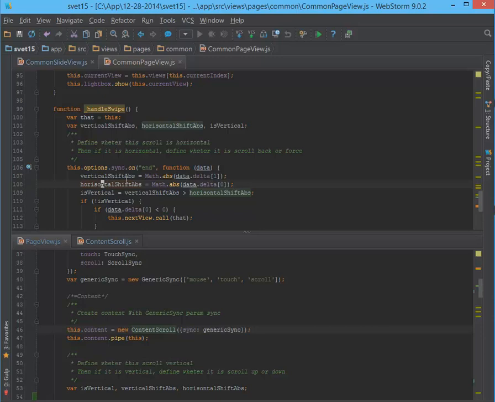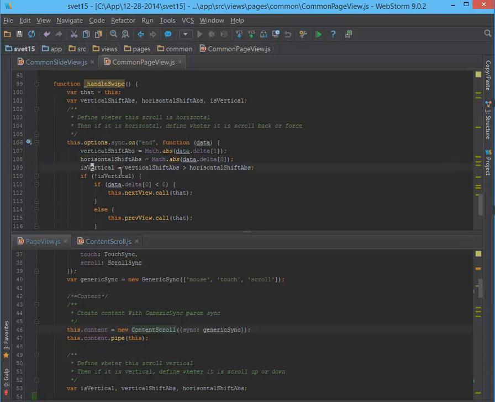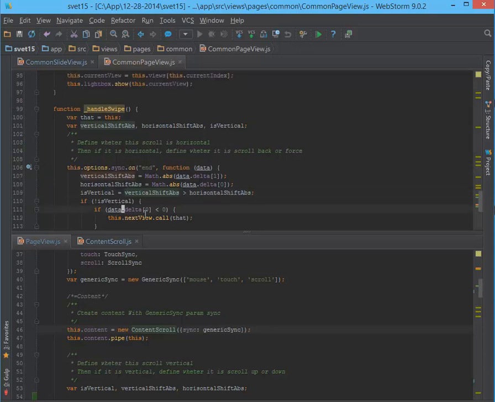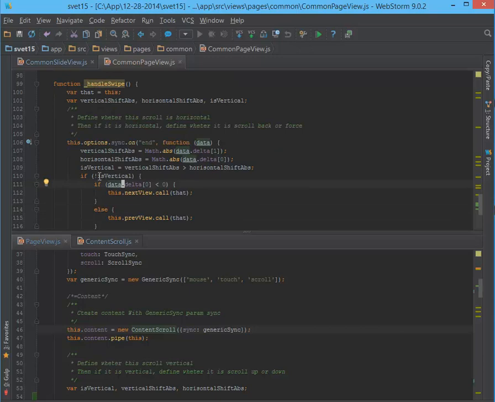For vertical shift we have index 1, for horizontal 0, and we set isVertical if vertical shift absolute is more than horizontal. If it's not, we define that it's horizontal in this case for our LightBox,